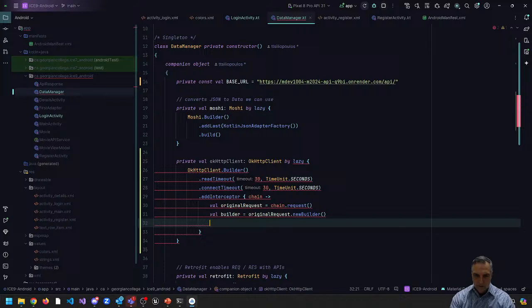Again, I'll talk about what this is. And then I want to say shared preferences. We don't have shared preferences, so we need to make a reference to shared preferences just underneath the base URL. So we're going to say something like